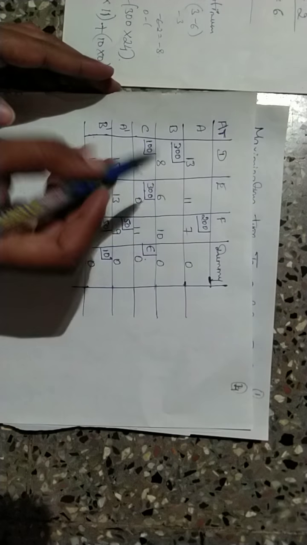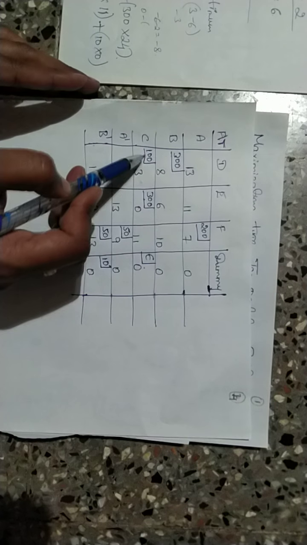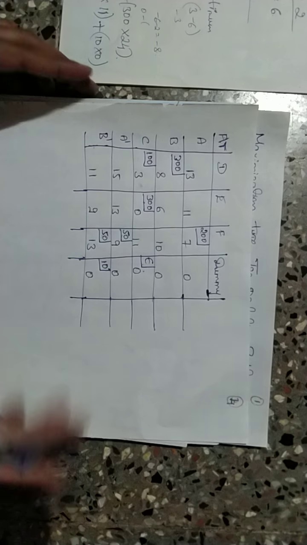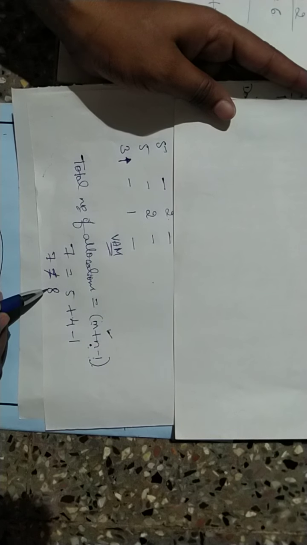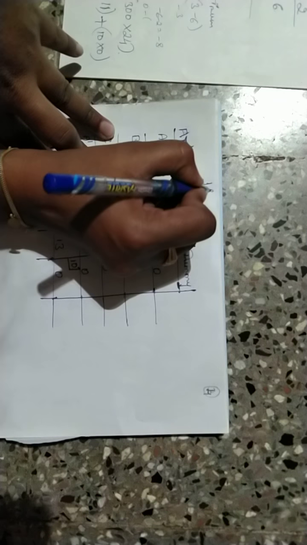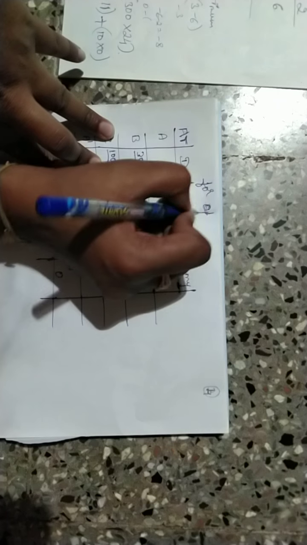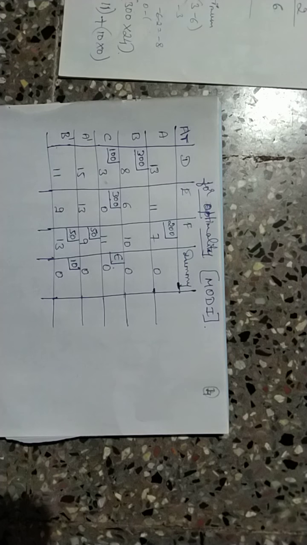Now if you look at the total number of allocations, after adding the epsilon to this matrix, the allocations are 1, 2, 3, 4, 5, 6, 7, 8. The total number of allocations is now 8 and the m plus n minus 1 value is also 8. Now you can move on to the next step, that is, you need to check the optimality. Whatever feasible solution you got will be checked for optimality. For this purpose we are using the Modi method. In this there are two types. One is the UV method, another one is